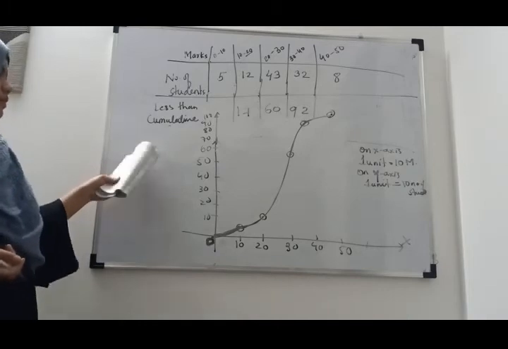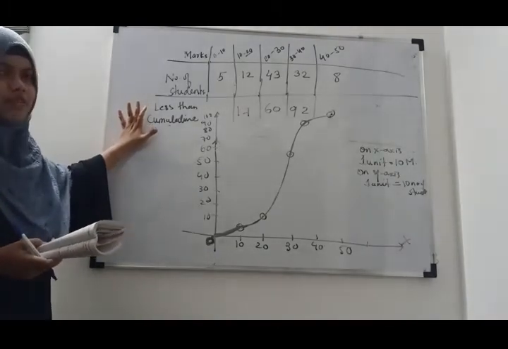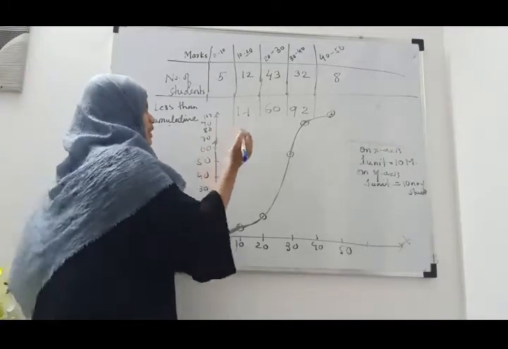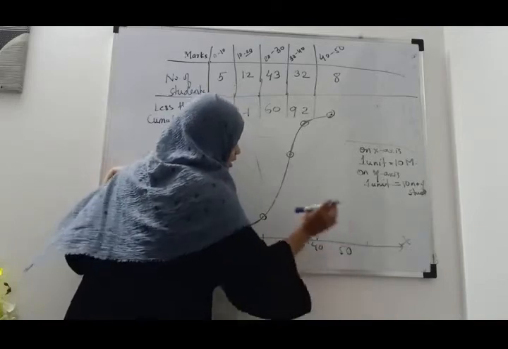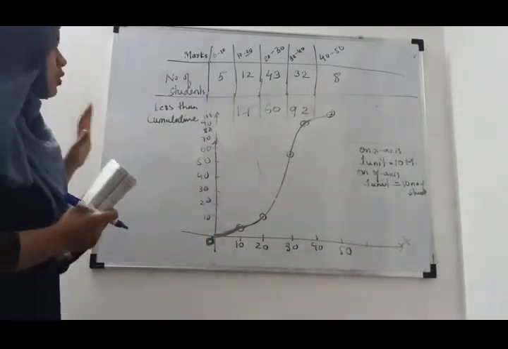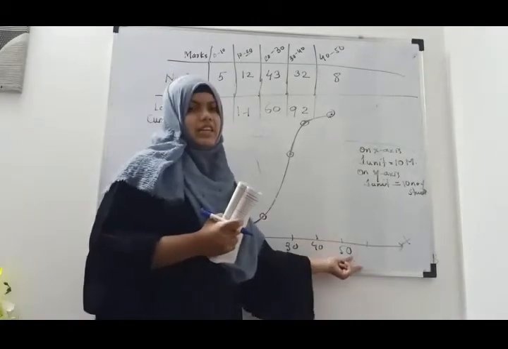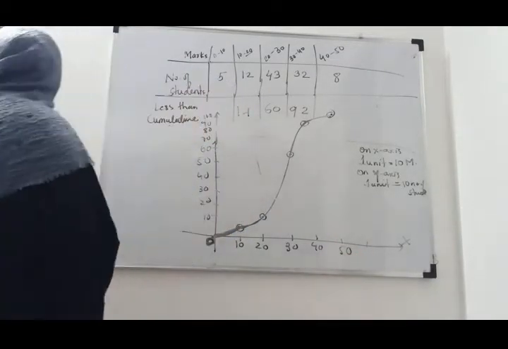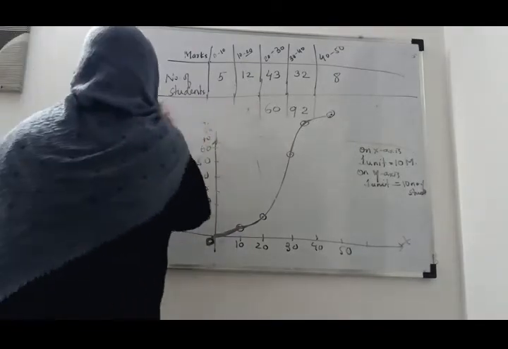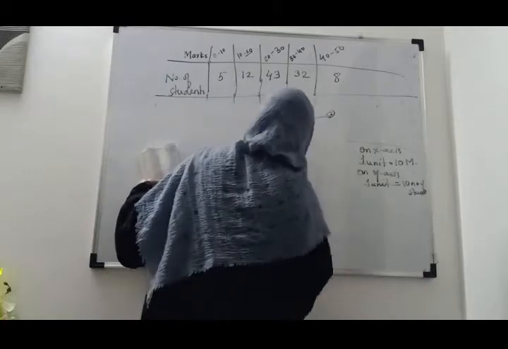Okay, now in the same manner we will draw the more than frequency curve and clearly we can see the curve will be like this. Okay, starting from here and ending here. So in less than we have to take the preceding class and in more than we have to take the succeeding class, alright, with the frequency 0. Now for the same example we will see the more than frequency graph or the more than frequency curve.